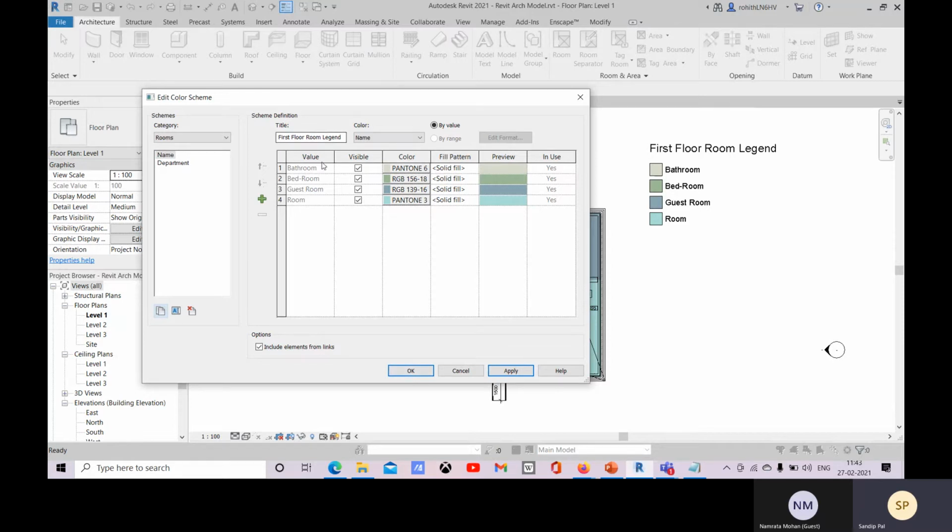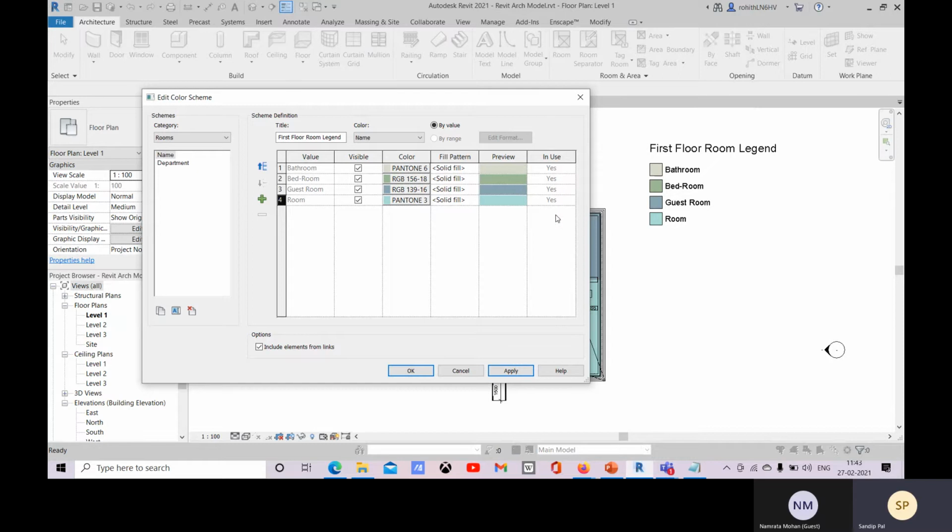So this is how you can change this, and if you need to change the position here, you can change it.